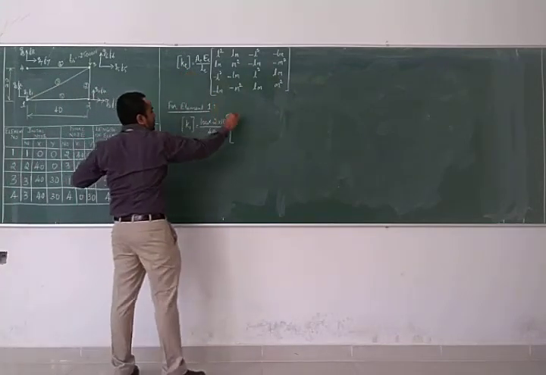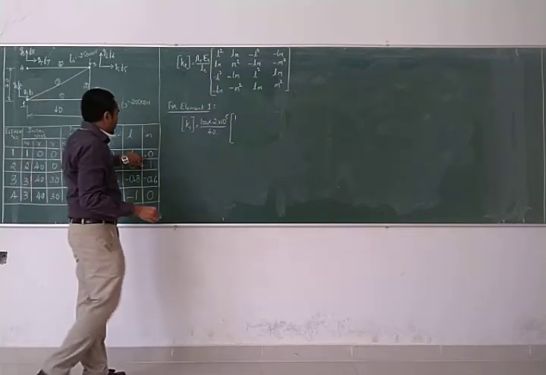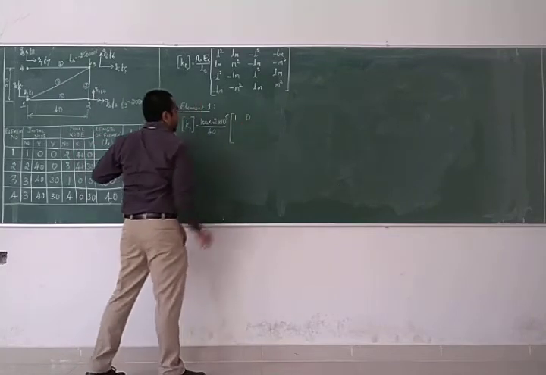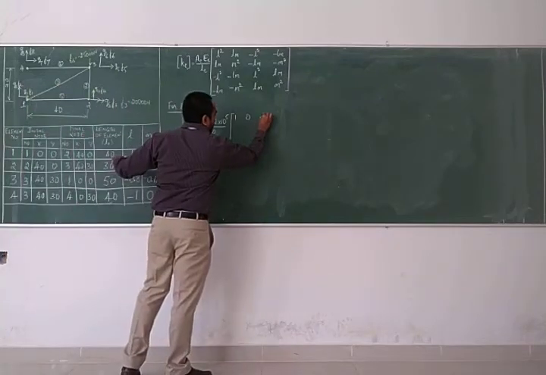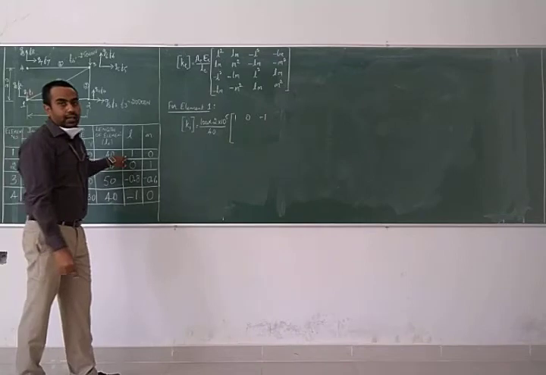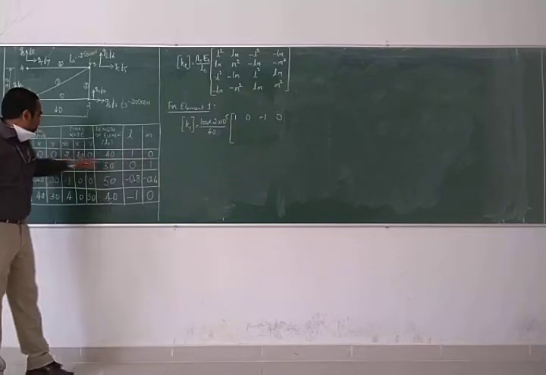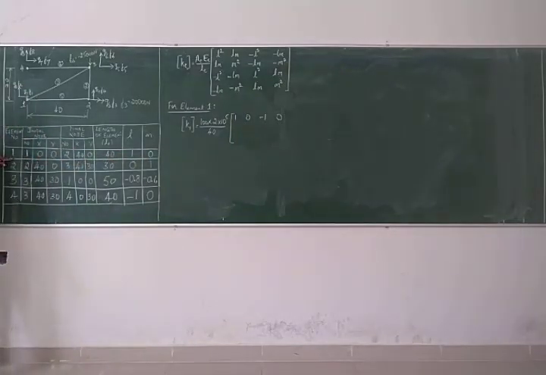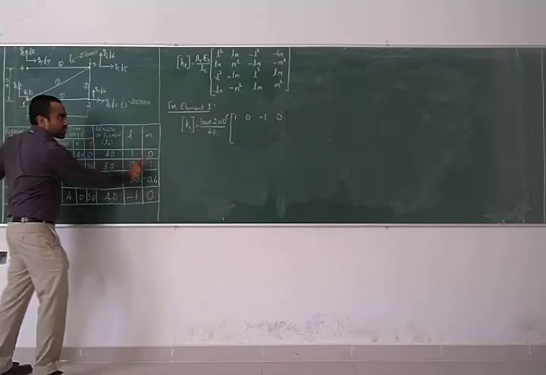So what is the value of L for element 1? L square is 1. M value for element 1 is 0, so Lm will be 0. L square is again 1. Minus L square is minus 1. Minus Lm is 0. I am referring to L and M values for element number 1 from the table that we have created. I am not looking at L and M values for the other rows, but related to element 1, I am considering L value is 1, M value is 0.